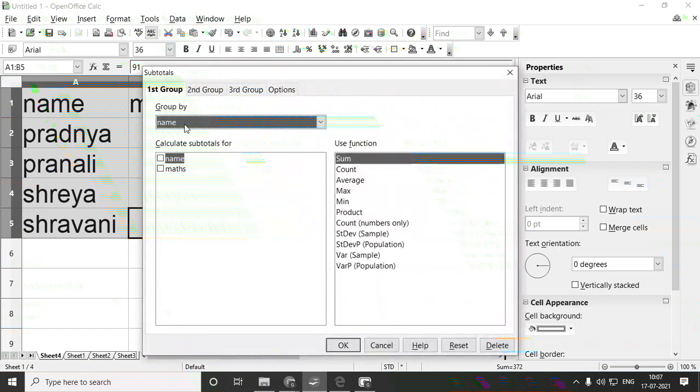Here you have to give the name column, that is what you want to group by. So I want to group by name, so I am giving name here. Next I want to calculate the total maths marks, so I'll use the column name as maths, and here I want the total, so I'll use the function sum.